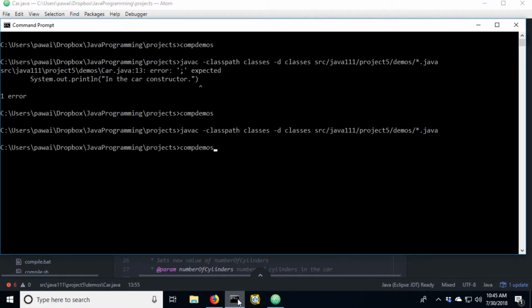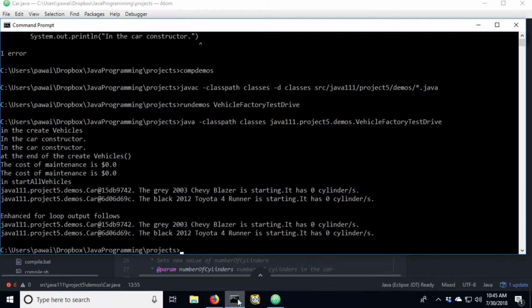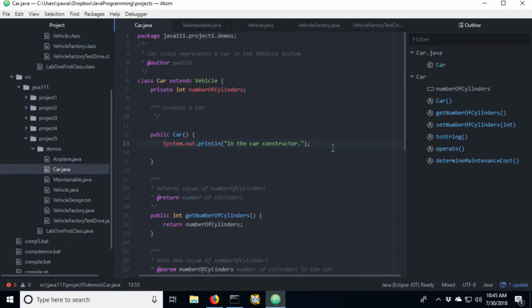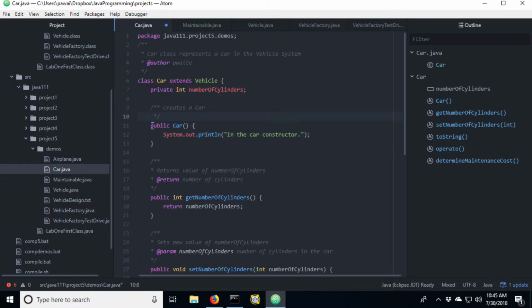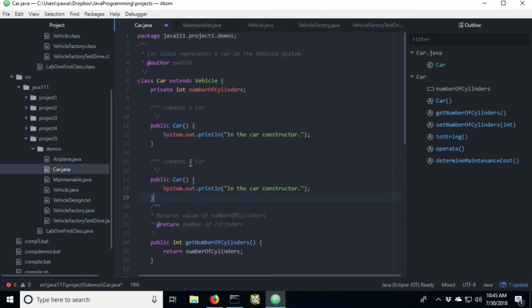Things look better there, and then let's just run to see what the current state of the application is. So we've got car constructor, we've got no cylinders being set, so we're not seeing any maintenance information because we haven't set the cylinders, I believe. At least I think that's why we're not seeing values coming through there. So let's go ahead and add a new constructor here that allows us to set those number of cylinders. So get rid of our empty space here and here, and let's copy this, and then we'll tweak it to overload it for cylinders.